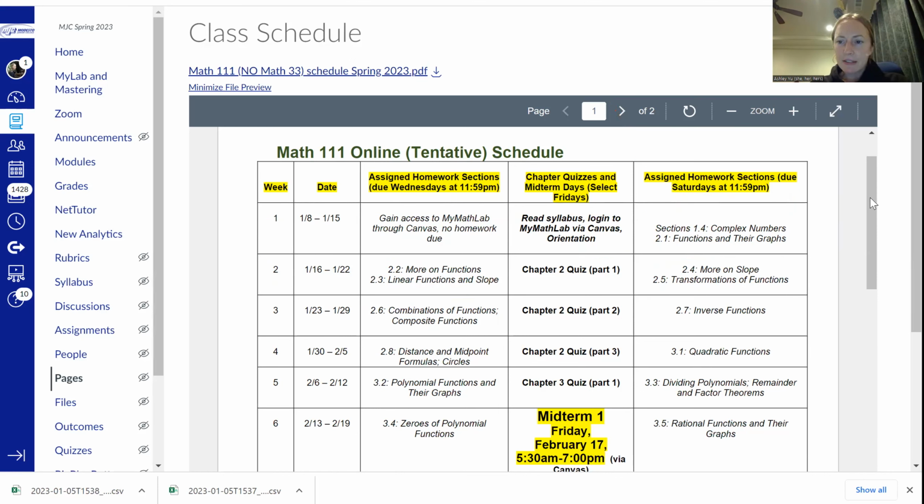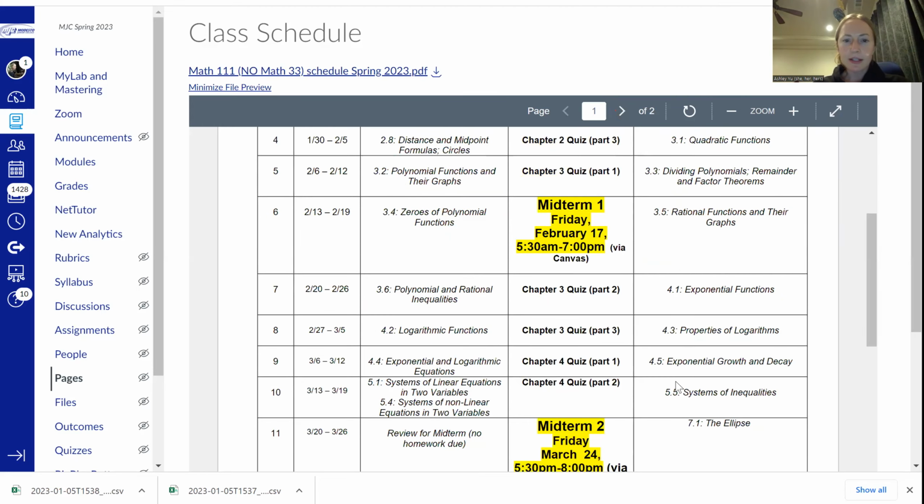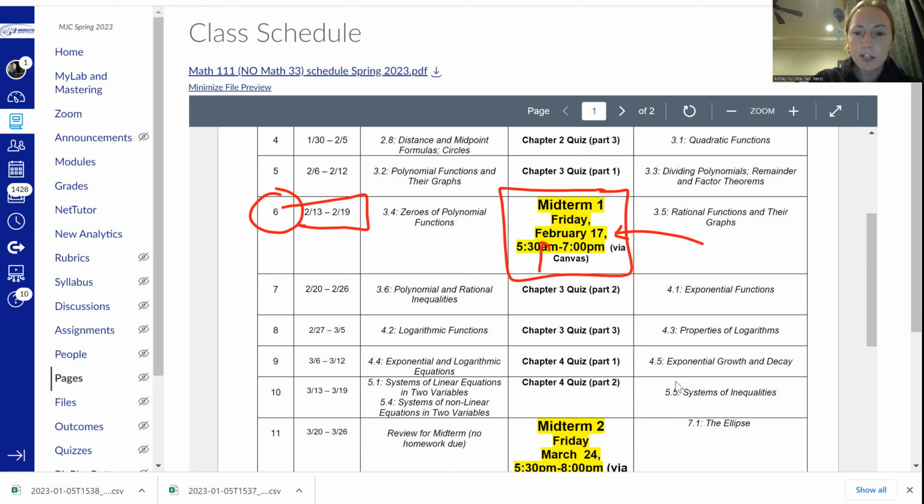And then it even has in this little course schedule here, it has the days of the midterm. So it looks like midterm 1, it's highlighted so we don't lose track of it. It's in week 6, which is somewhere kind of in the middle of February. But it'll be on a Friday, and it's actually at a certain time of the day. So we'll all log into Canvas at this certain time, 5:30. Oh, sorry, I should say PM. Oh my gosh, I gotta change that. PM. Anyway, 5:30 PM.